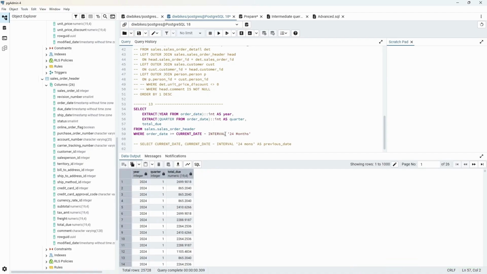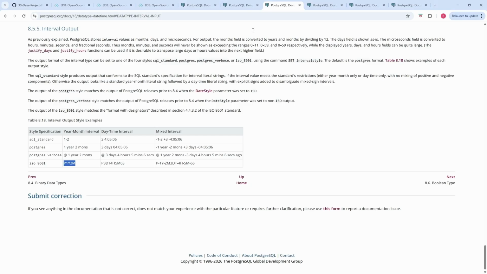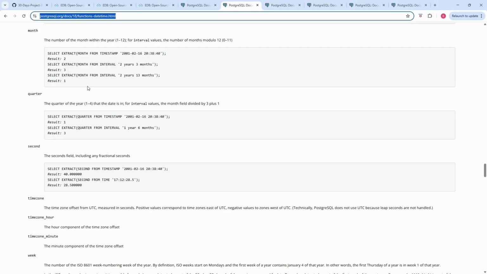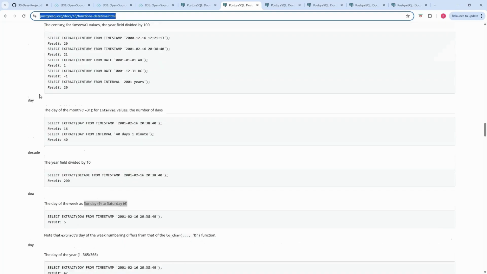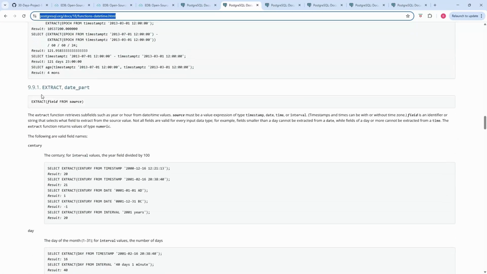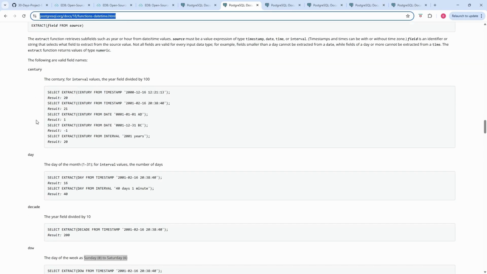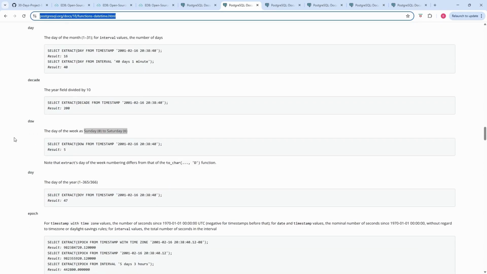One more thing that we need to add now before we go further, right? So let's first of all go back to the functions, and then we can quickly see the various variations that we have, and then we come back here. So for extract, I believe this is extract. Okay, you can see this extract function is basically extract field from source. That's the syntax. So you can do century, you can do day, you can do decade,